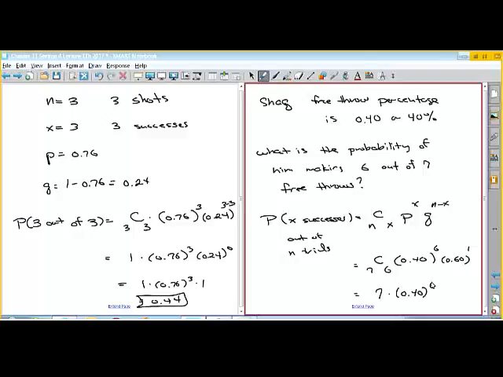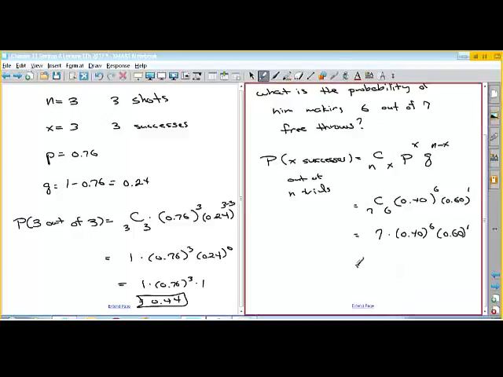I chose it, so I didn't have to calculate it. So then you have 0.4 to the 6th power and 0.6 to the 1st power. And then if you plug that in your calculator, you get 7 times 0.4 to the 6th power times 0.6 to the 1st power, which is just multiplied by that, and you get 0.0172,